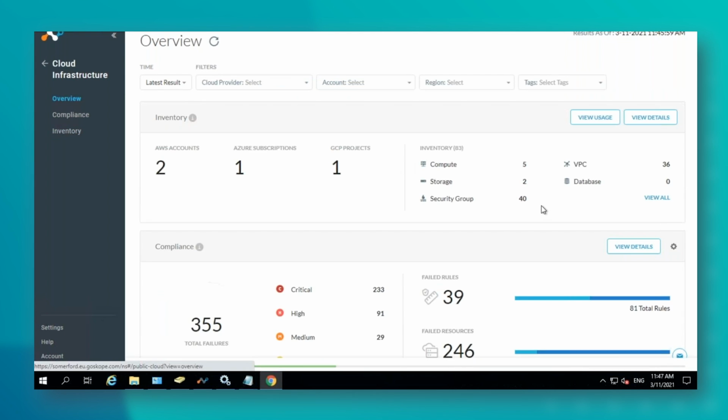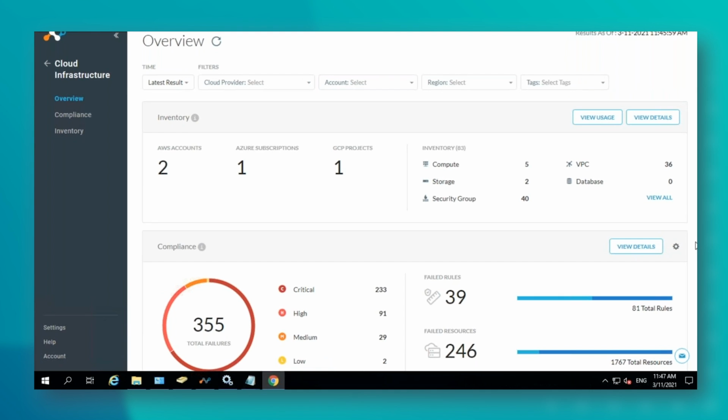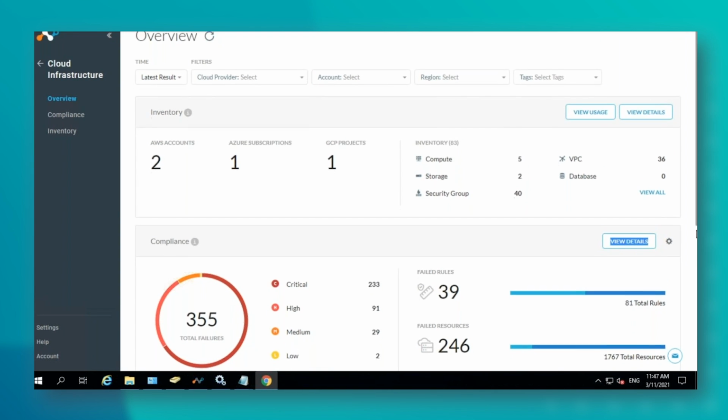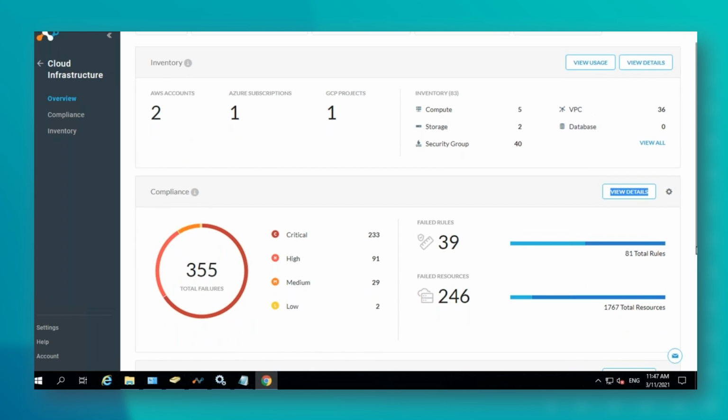And we also have a breakdown over the compliance rules that are being breached here. Now, this is important for me because with me not being an out-and-out cloud expert when it comes to spinning up VMs and configuring security groups and so on for AWS, for example, I use the wizards. So when I'm creating a VM, I just pick my size, I hit next, next, next. I get a couple of warnings about maybe a port being open, but I hit next, next, next. I hit create, and then I've got my VM.